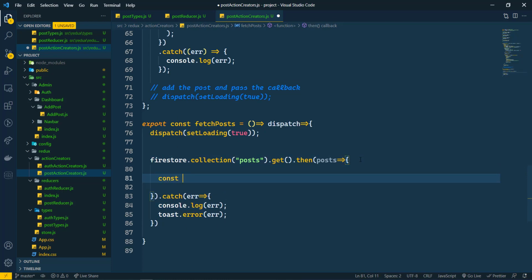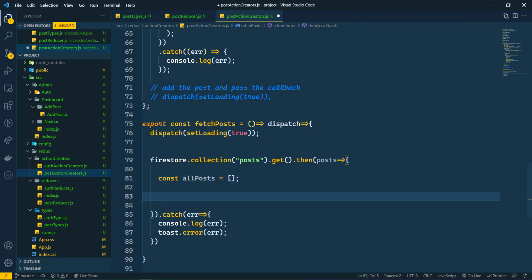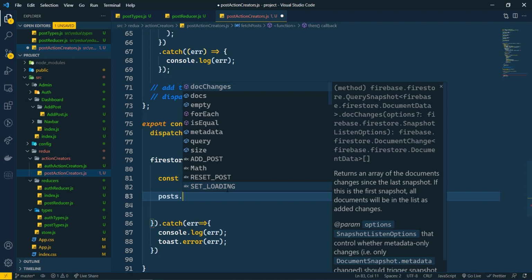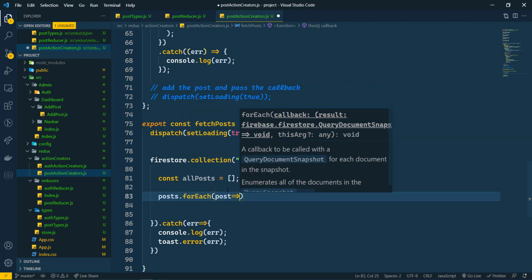And here we are going to see the post here. So first of all, let's create one object that is all post, and it will be having an empty array here. So now we are fetching all the posts here. So we are going to fetch all the posts, that is post dot for each, and we are having the post here.